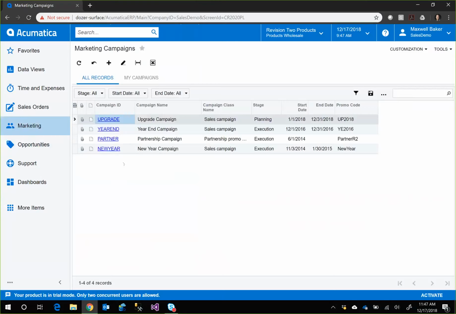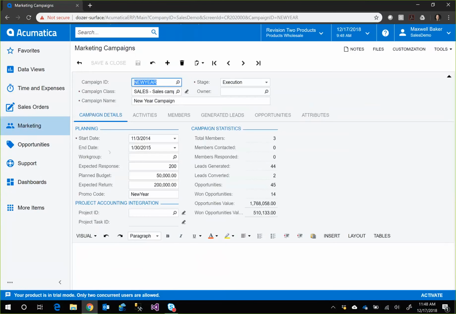So I'm going to take a look at an existing one here, like our New Year's sales campaign. There's certain information that we can capture around this campaign. So the name of it, we've got to give it an identifier, things like that. When it's starting, when it's ending, but we can even throw some budgetary numbers around it as well. So financially, what our budget is for this particular campaign, what we're expecting to get back out of it, and